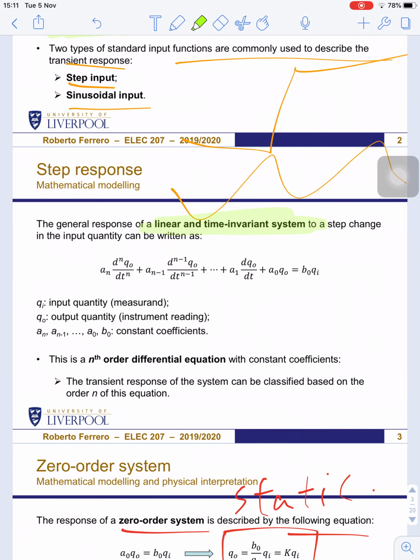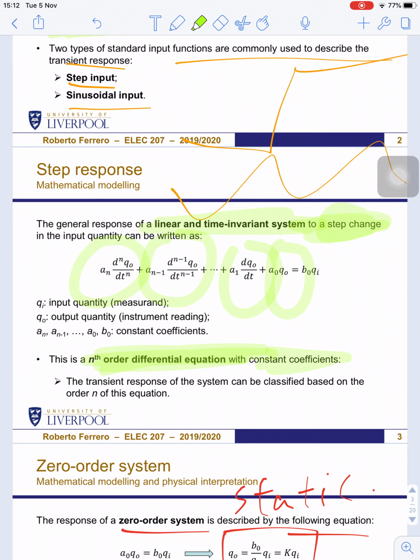我们接下来说 step general response，对于一个线性的 time invariant system，response to a step，注意一定是一个 step change，它可以被写成：an 乘以 qo 的 n 阶导，加上 an-1 乘以 qo 的 n-1 阶导，一直到 a1 乘以 dqo/dt 这1阶导，再加上 a0 乘以 qo，它就等于 b0 乘以 qi。其中 qi 是 input quantity，qo 是 output quantity，an 到 a0 还有 b0 都是 coefficient。